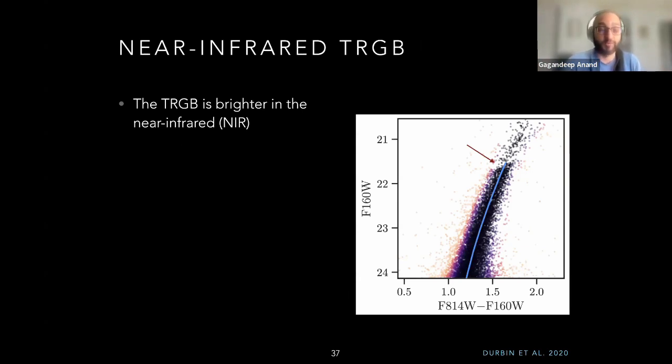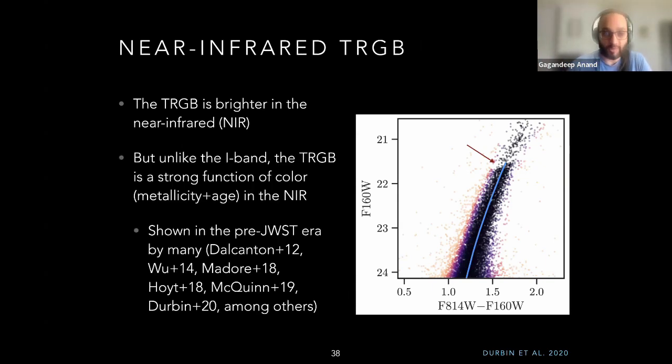And the easy answer is it's brighter. So it's a brighter feature. You get more signal to noise in the same time. But unlike the I-band TRGB, the near infrared TRGB is a strong function of color, which is a proxy for metallicity and age in the near infrared. And so you can see this plot here on the right in Durbin et al. 2020. There's a very steep